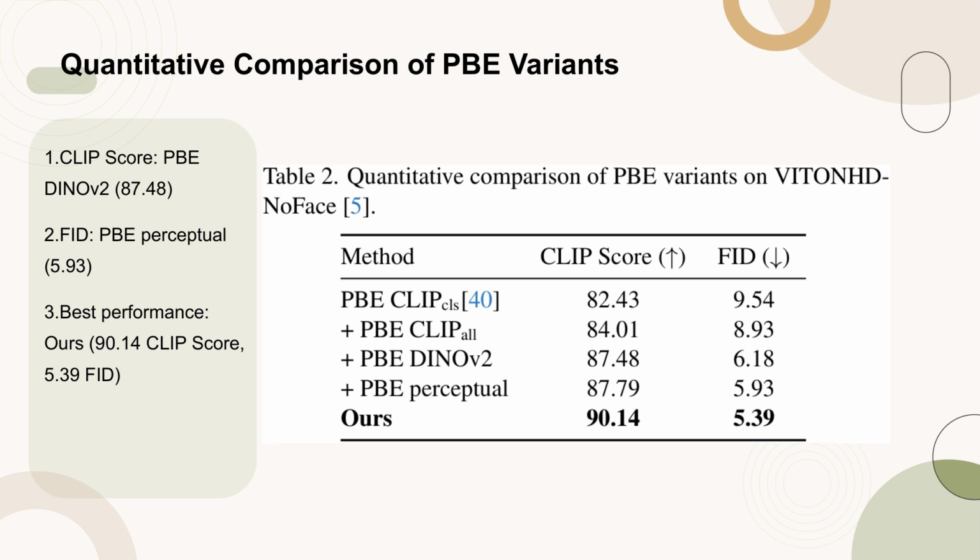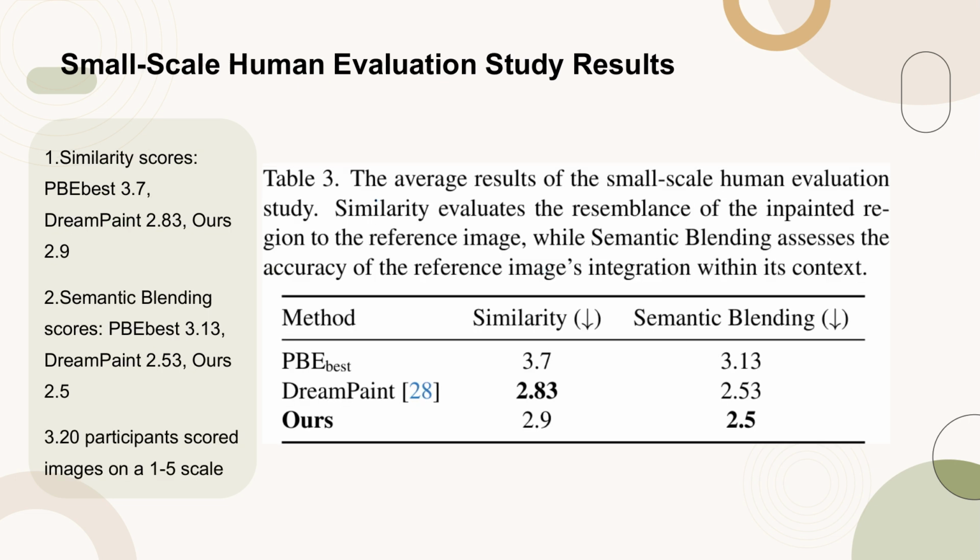FID of 5.39. Table 3 presents the average results from a small-scale human evaluation study, focusing on the similarity of inpainted regions to reference images and the accuracy of their contextual blending. The methods evaluated include PBE-based, DreamPaint, and our approach. The similarity scores are 3.7 for PBE-based, 2.83 for DreamPaint, and 2.9 for our method. For semantic blending, the scores are 3.13 for PBE-based, 2.53 for DreamPaint, and 2.5 for our method. The study involved 20 participants who scored each image on a scale from 1 to 5, with 1 being the